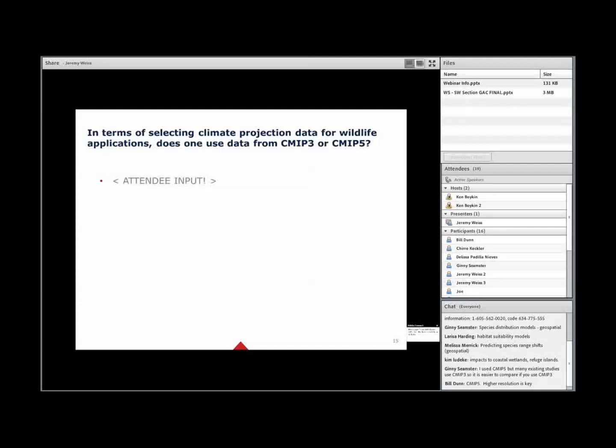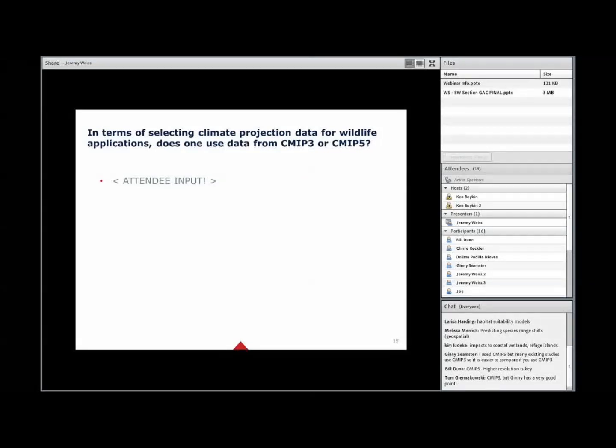Improve the realism of different phenomena. We have a good point there. Using the CMIP-5, but past studies have used CMIP-3. So again, since the scenarios aren't the same and the models aren't the same, it's tough to compare. So using the CMIP-3 as well for current applications is good for comparison.